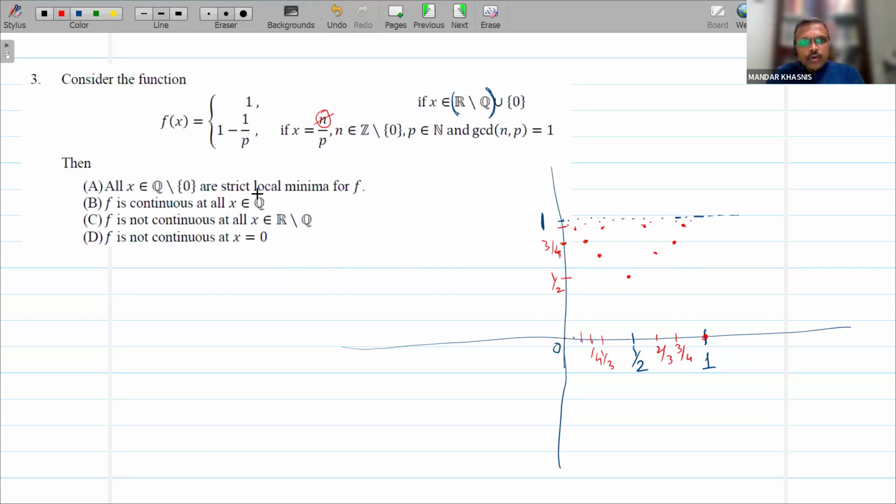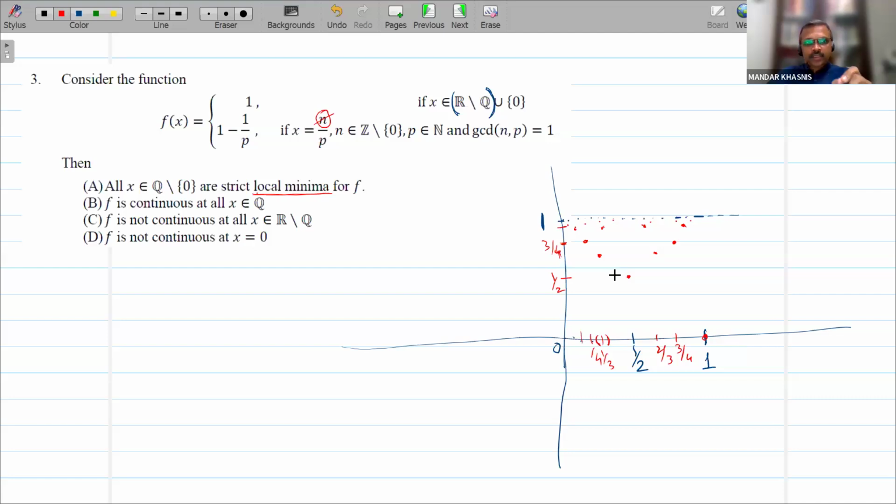So do you see that local minimum is not an issue because they are all discrete dots? You got it? And so you can always find some kind of interval, a very small interval, in which all other dots are going up. So in that neighborhood, that particular dot will behave like a minimum. The remaining will go up. Got it? Of course, I'm not proving it. I'm just trying to explain the behavior of the function